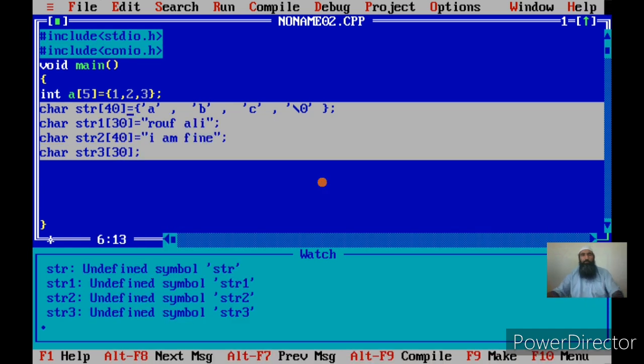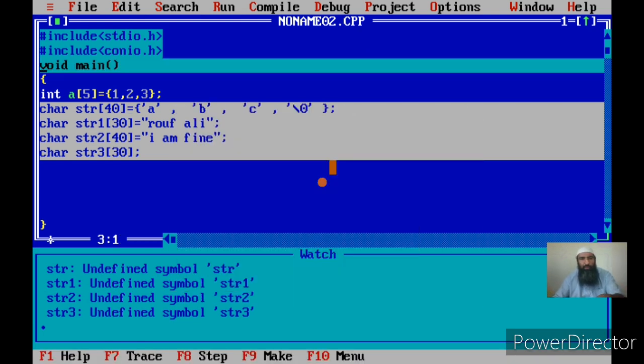Now, yes. After adding the watch, let us execute the program and see what happens.